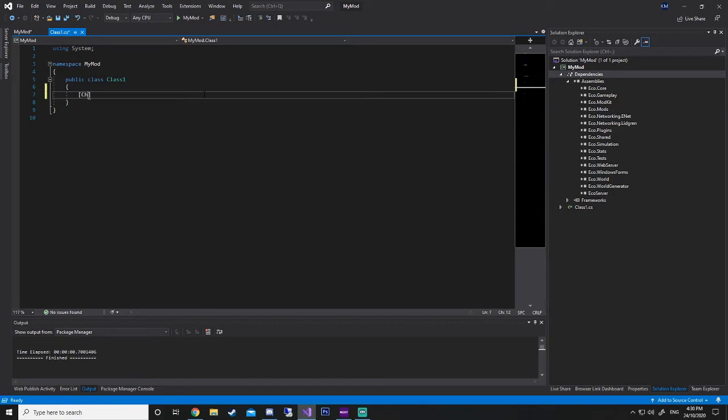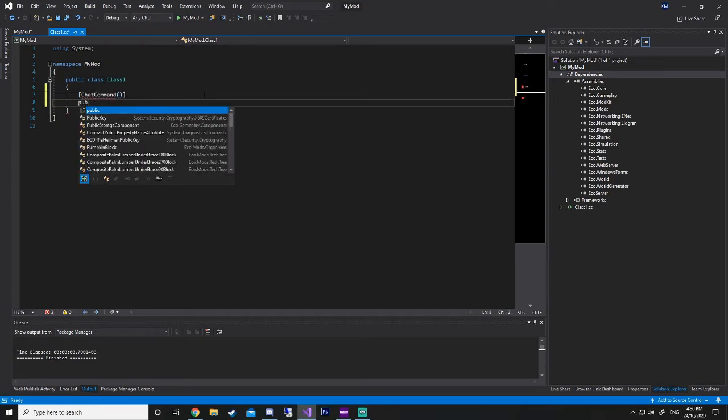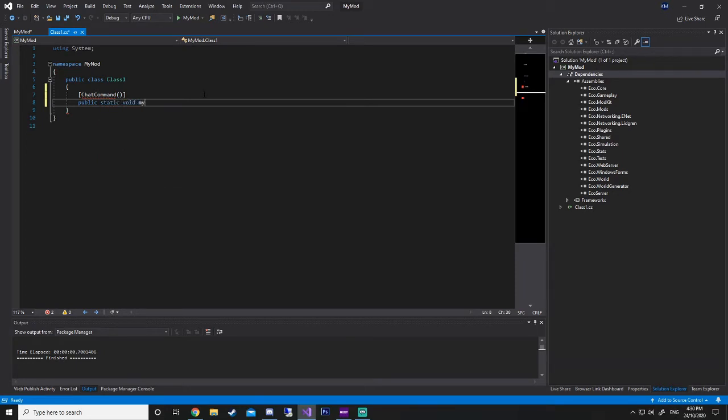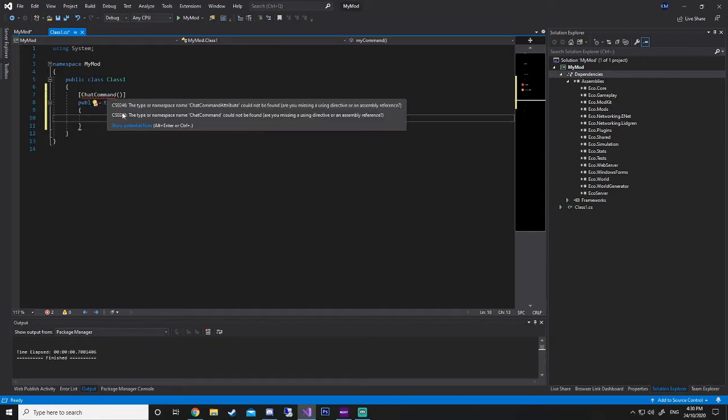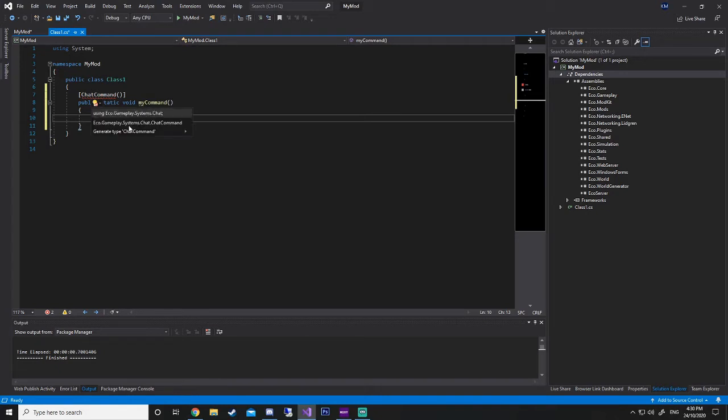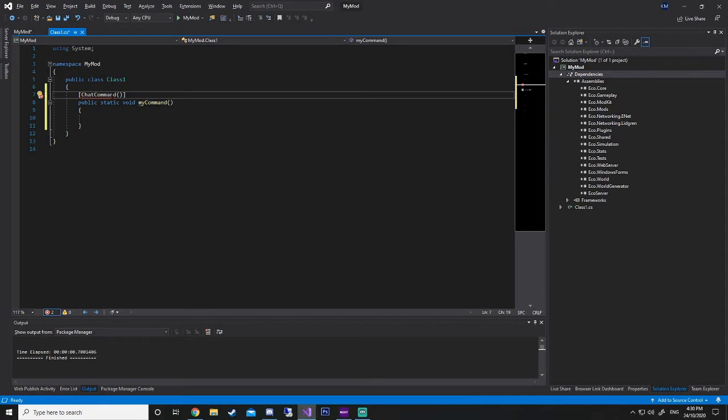So say we're going to do a chat command. So the type or namespace chat command could not be found. We can then press Alt Enter. If you use the shortcut Alt Enter, it comes up with possible solutions, and this allows us to add the